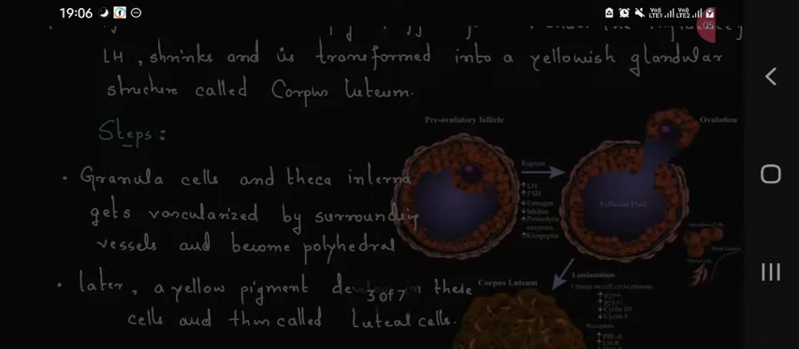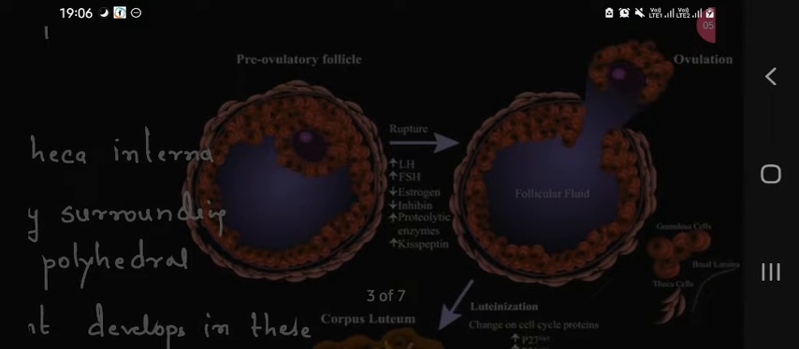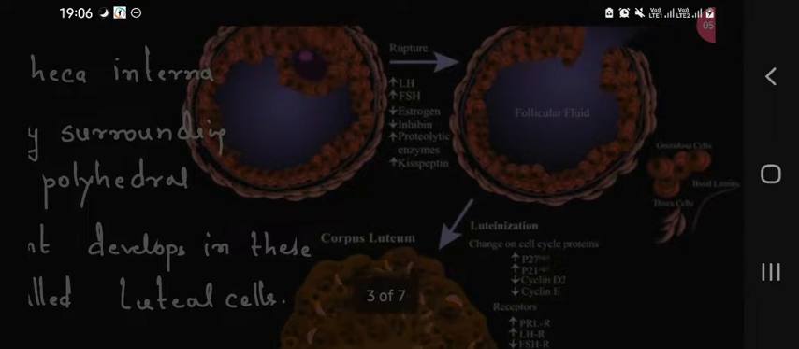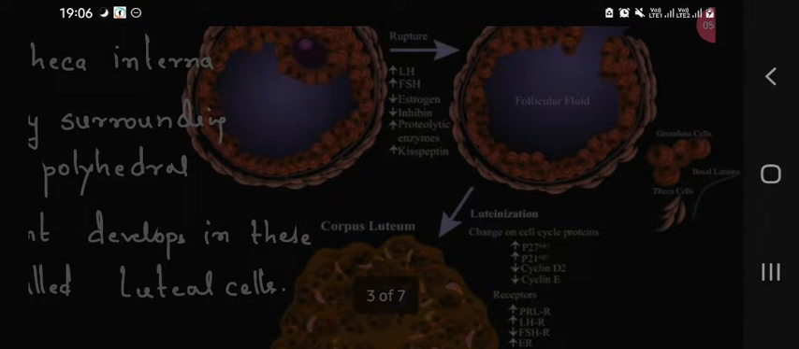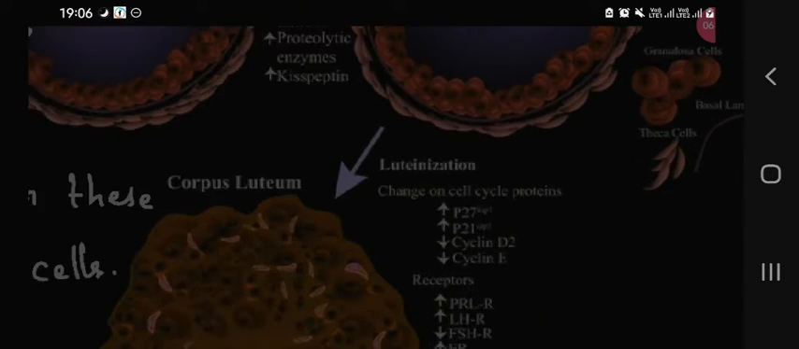So here is the pre-ovulatory follicle rupture: increase in LH, FSH, estrogen, inhibin decreases, proteolytic enzymes increase, kisspeptin increases. So ovulation happens, and in this ovulation secondary oocyte is released, and this Graafian follicle undergoes transformation to form corpus luteum. Luteinization changes on cell cycle protein. So here you can see